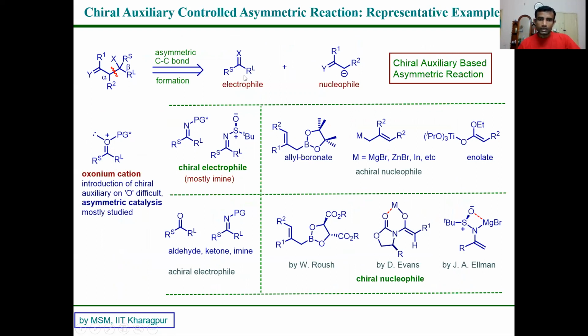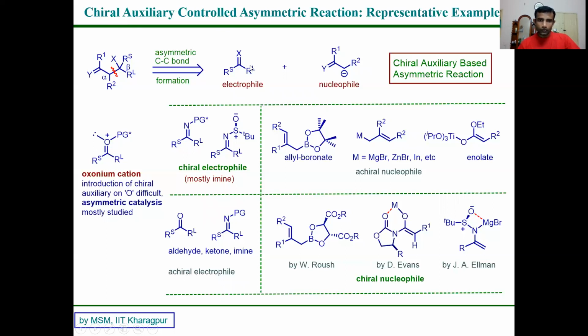So you can do this electrophile and nucleophile. Now, two ways you can achieve the enantiomer selectivity. Two ways you can make them chiral. Do this reaction in asymmetric fashion. So first we are going to discuss the auxiliary based chemistry. So auxiliary is what? You are putting a chiral group, okay, which will be determining the diastereoselectivity of the reaction.